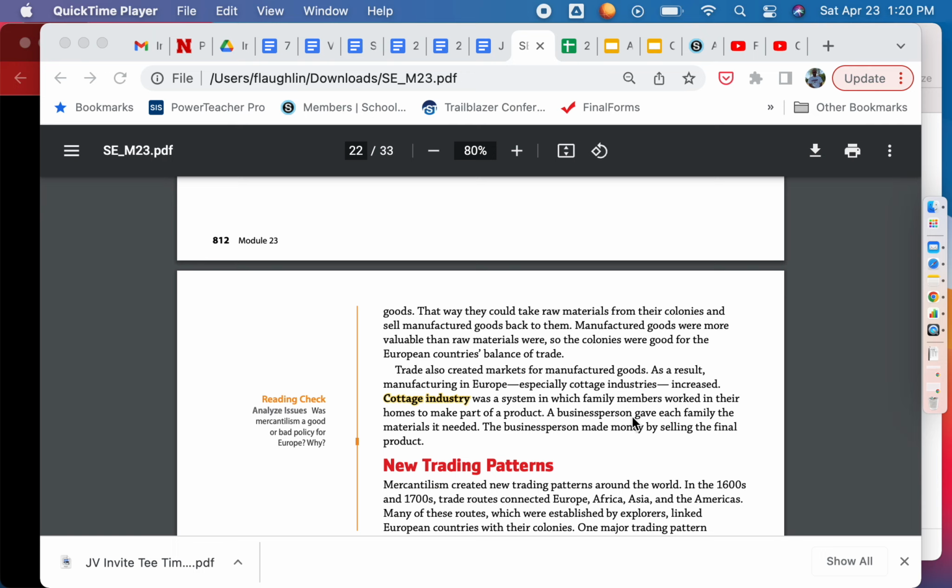So maybe the cotton first goes to, let's just pick a family, maybe it goes to the Malott family, and they're gonna pick out all of the seeds. And then that cotton is going to go to another family that will spin it into yarn. So a business person is going to come to the Malotts, and they're going to take it to the Sayers, and the Sayers are going to spin it into yarn. Well, once it's into yarn, then that business person is going to come back. They're going to take that yarn to another family. They take that yarn to the Williams house, and now they're going to weave that yarn and make it into cloth.